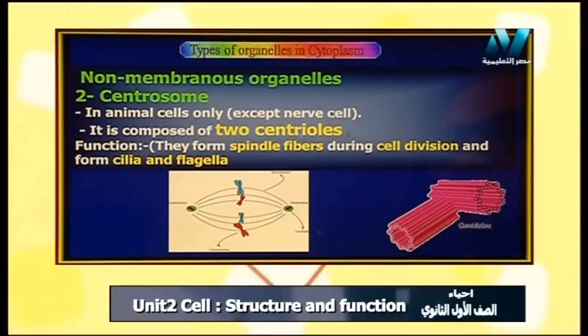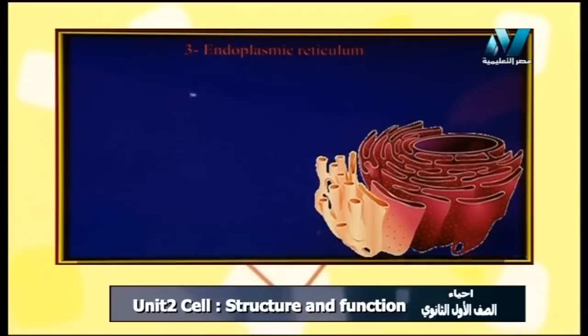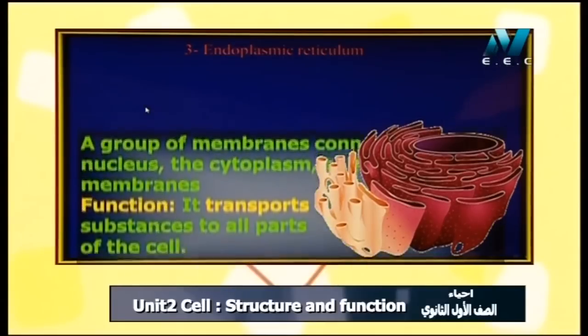عشان كده النيرف cell can't divide. It's composed of two centrioles. The function of the centrosome is the formation of spindle fibers during cell division, form cilia and flagella. يبقى ده الجزئين اللي قلنا عليهم non-membranous organelles زي قلنا centrosome and ribosomes. طيب لما نيجي نشوف membranous organelles as a